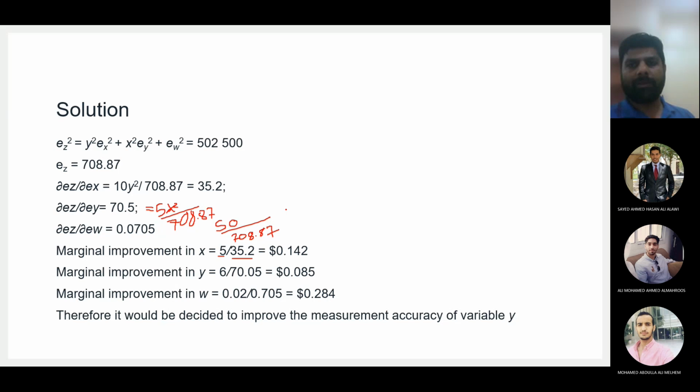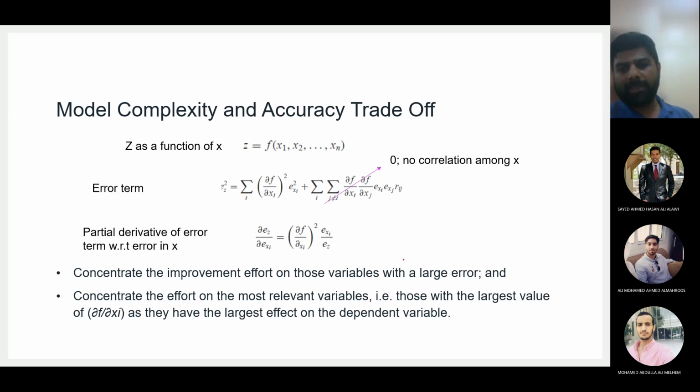Now, which variable should be selected for improvement? If you look at the error, the highest error is caused because of y. And obviously x, y, and z, they did not define which variables are these. They gave me two rules, right? First rule was pick the one with the largest error. The second rule was the one which is most relevant. They are only telling me x, y, and z, so I don't know which one is more relevant. So I cannot apply the second rule here.